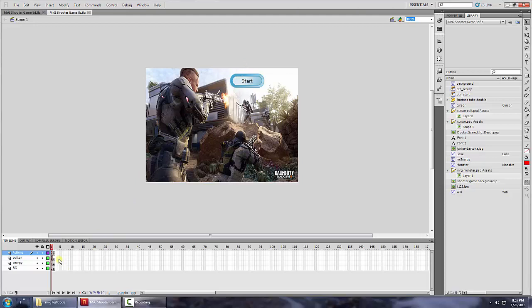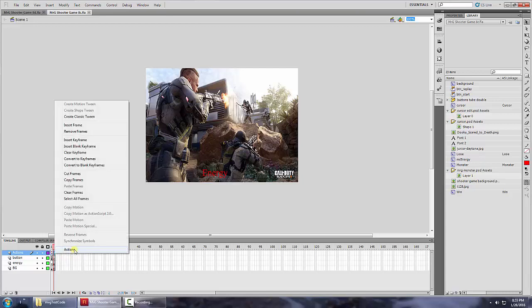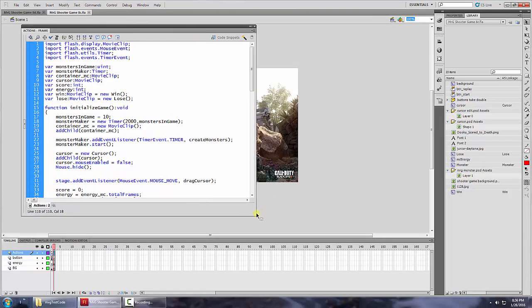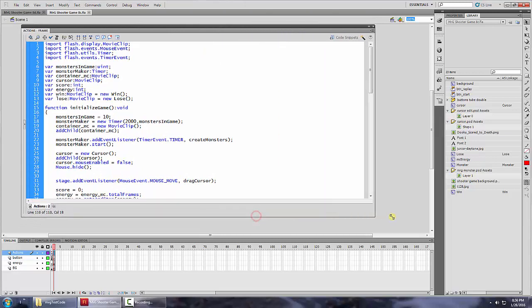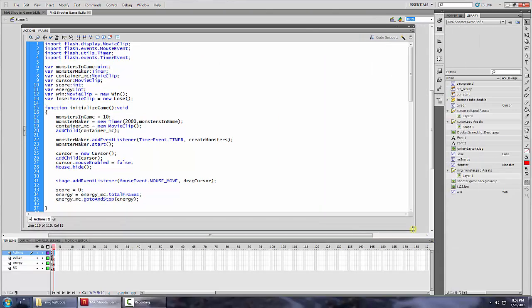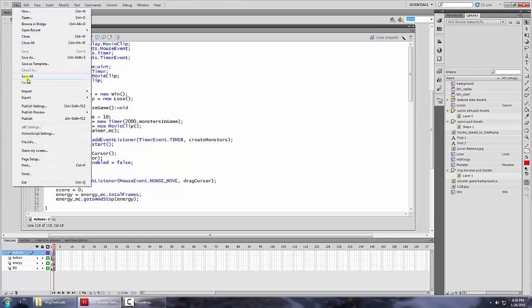So what I'm going to do is I'm going to open up the actions layer on the main timeline, and I accidentally pressed F9, which paused my recording. Again, I can't do that, so I'm going to go to the actions layer, and I'm going to open up this so you can see it better. And actually, before I do that, or even while I have it open, I have to import my sounds. So I'm going to go to import